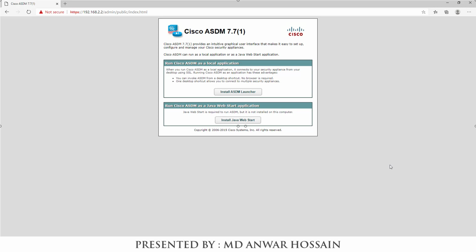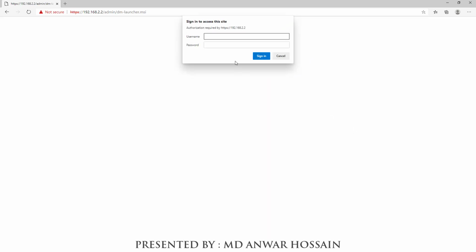Download and install these two applications. So we will install Java Web Start and then we will install ASDM launcher. Now we'll install ASDM launcher. So click ASDM launcher. Username admin password 1234.